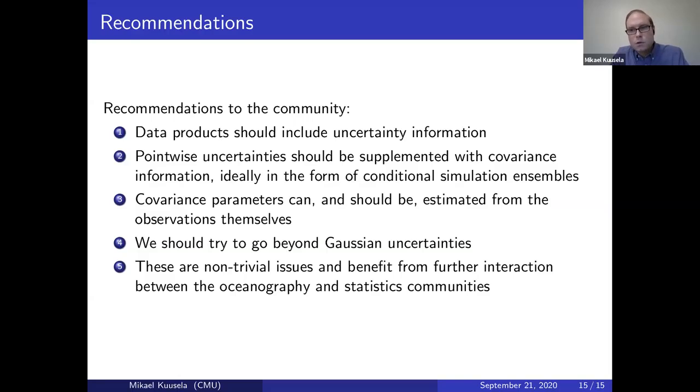It would be ideal to try to go beyond Gaussian uncertainties. It's actually difficult, but it's not completely impossible, and at least to acknowledge that the ocean is non-Gaussian, meaning that Gaussian uncertainty quantification by itself might not be enough. And finally, I'd like to say that these are actually very non-trivial issues, and you don't have off-the-shelf solutions for these things. So maybe the most important take-home from this is that I think there needs to be more interaction